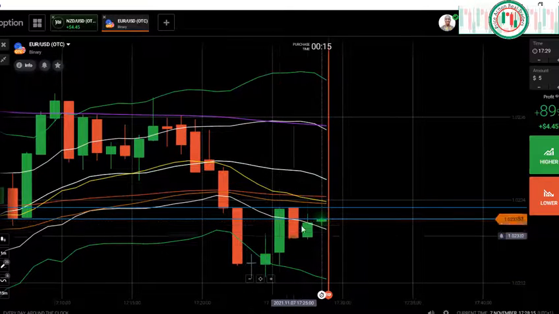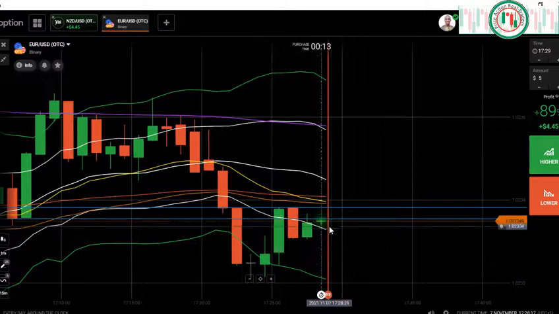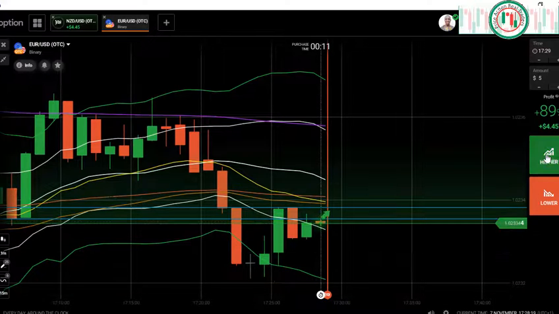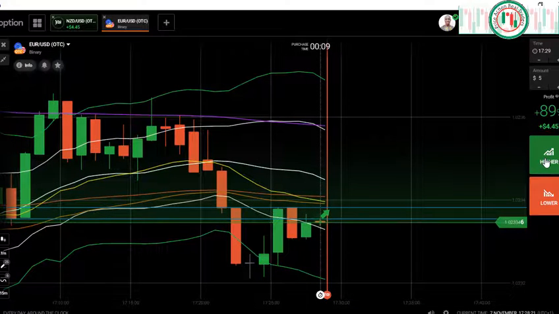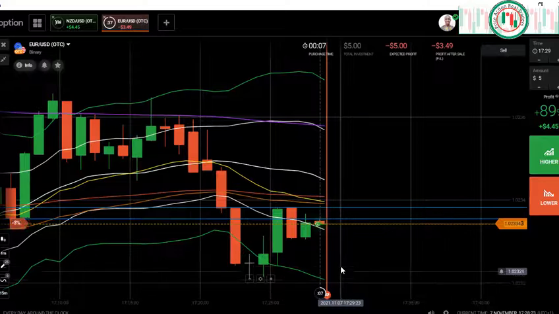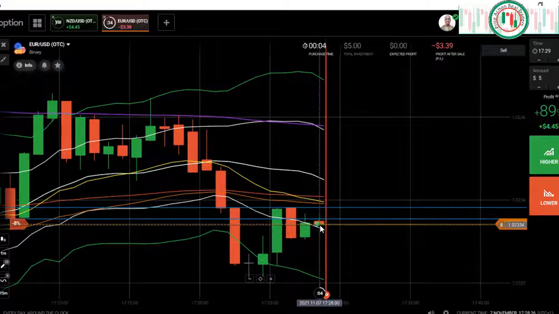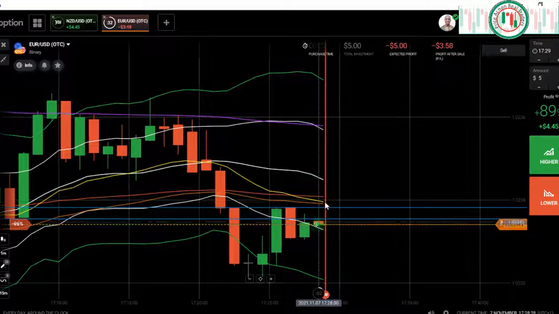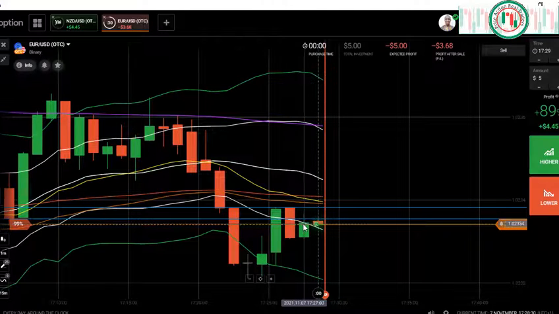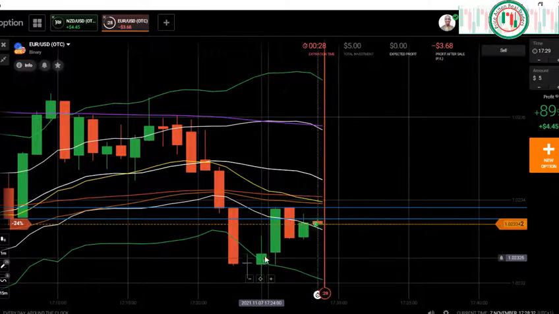Here, retracement, rejection, continuation. Yes, here is the continuation. I see market reject from this level, and this is the continuation candle, and here is the pattern,